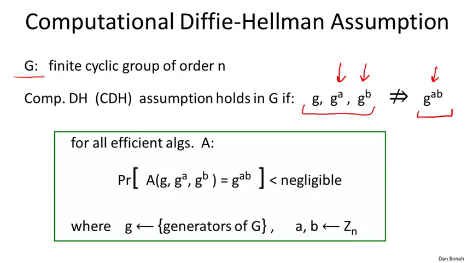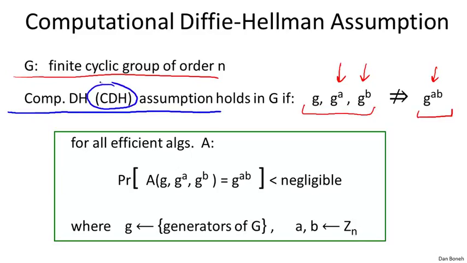As usual, we're going to look at a finite cyclic group of order n. So G is some group. In your head, you should be thinking Zp star, but there could be other groups, for example, an elliptic curve group. And then we say that the computational Diffie-Hellman assumption, I'll often use the shorthand CDH,